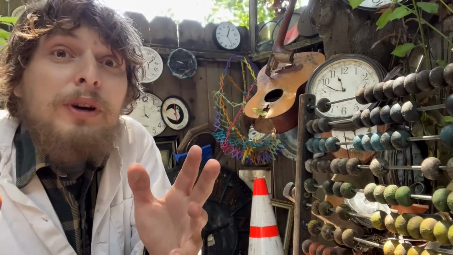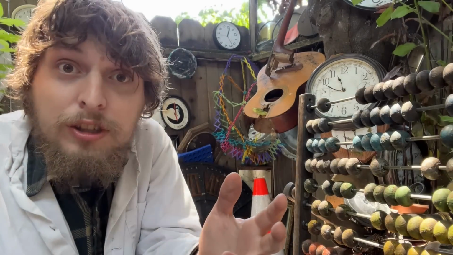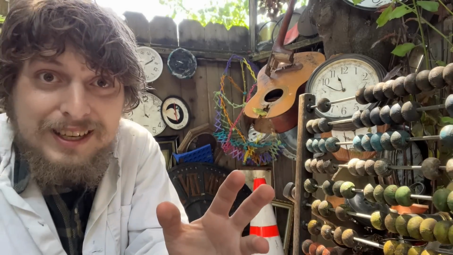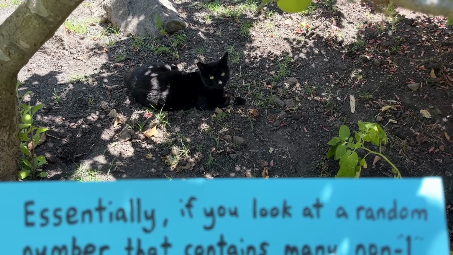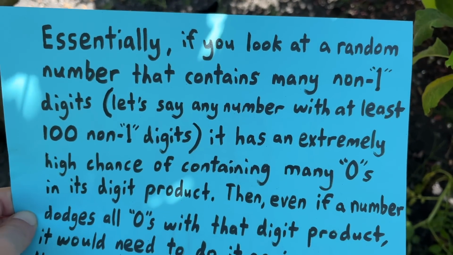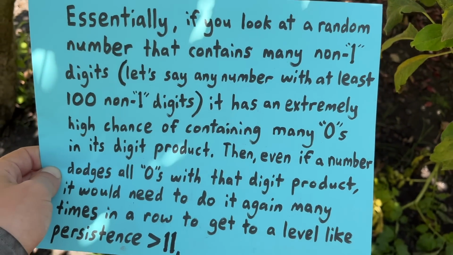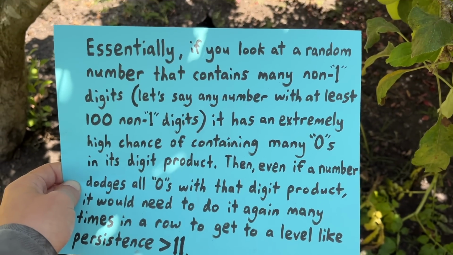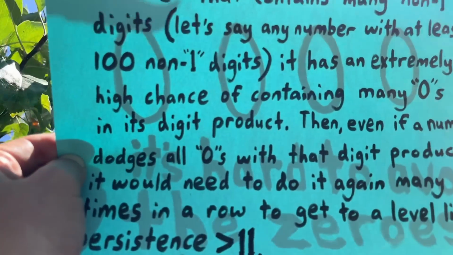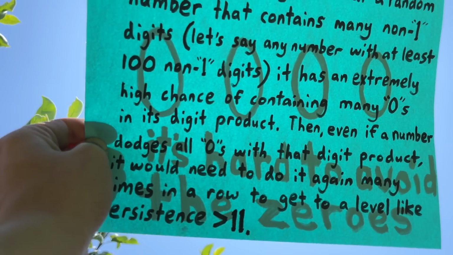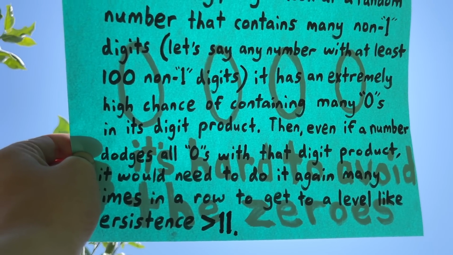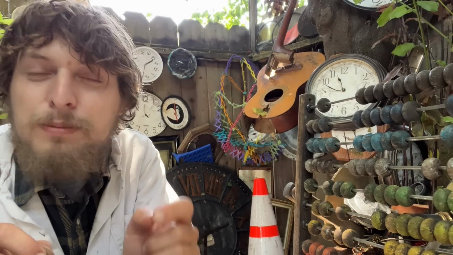As we get to larger and larger numbers in base 10 or another of these bases, we'll find that more and more numbers contain the digit 0, and even the numbers that don't often have a product that contains the digit 0. So if you look at a large number that isn't just a rearrangement of the digits of a previous record breaker with some extra ones thrown in, it's very hard to find a large number with multiplicative persistence more than